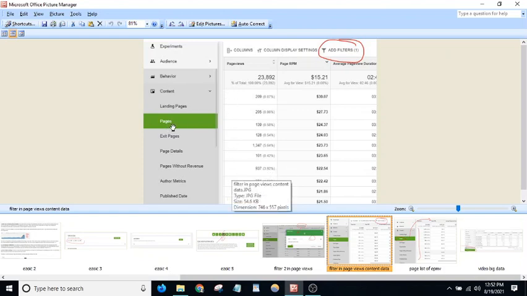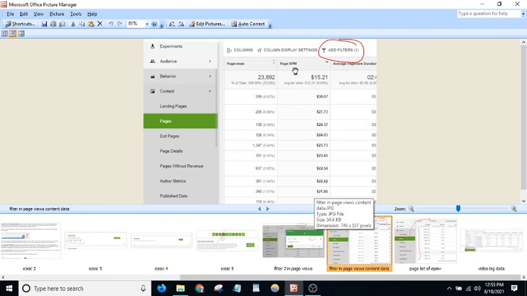We are on a tab where we can see the pages. Here you will see all the pages with page views and with page RPM. You need to see all the pages with their RPM.